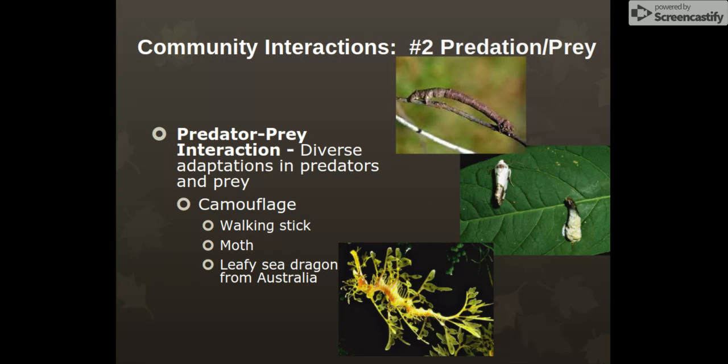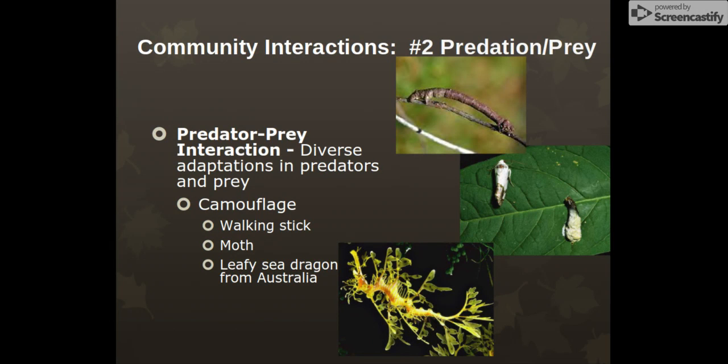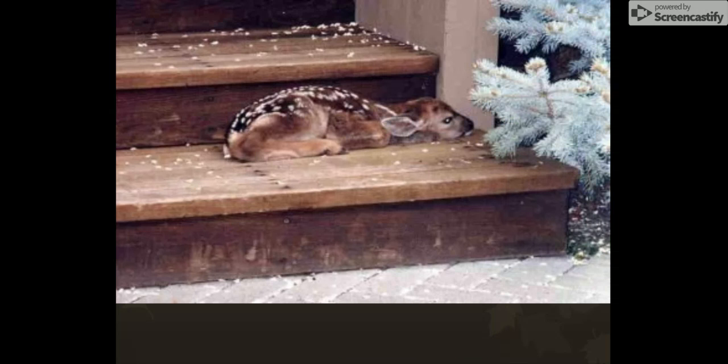Okay. Again, camouflage, we get all sorts of interesting things happening, right? This up top is a caterpillar that looks a lot like a stick, so it can hide from predators. This moth looks a lot like this bird drop in here. Okay. Odds are something's not going to come and eat that because it looks like poop. Then we've got our leafy sea dragons, which are going to blend in with algae. And so we get this camouflage through natural selection and evolution that protects these organisms from their predators.